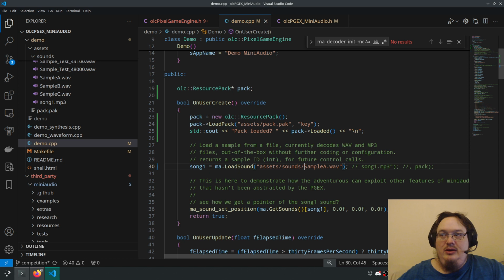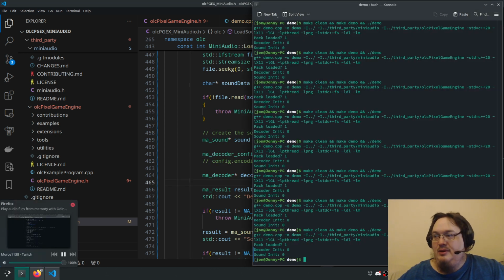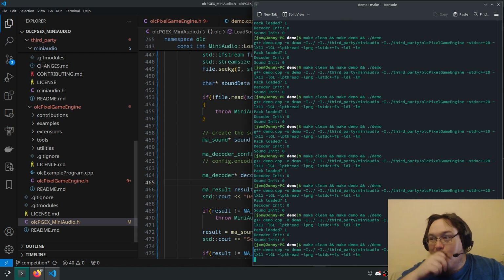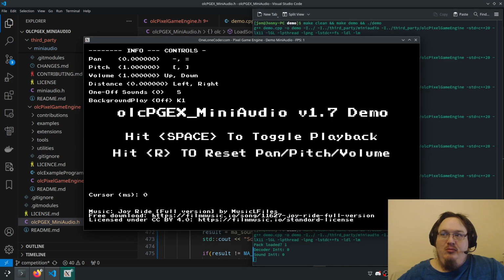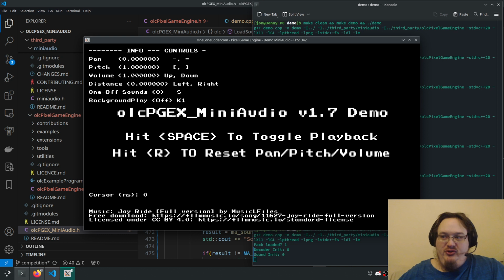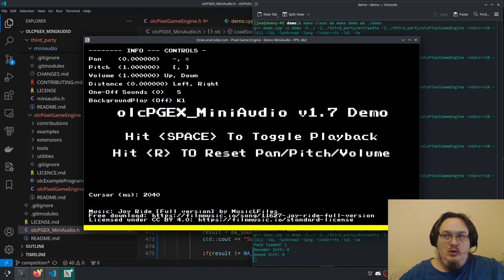Okay, so when I pointed to the wave file, sample a.wave, and we use the default configuration without sending an encoding format, it builds and it plays the file just fine.